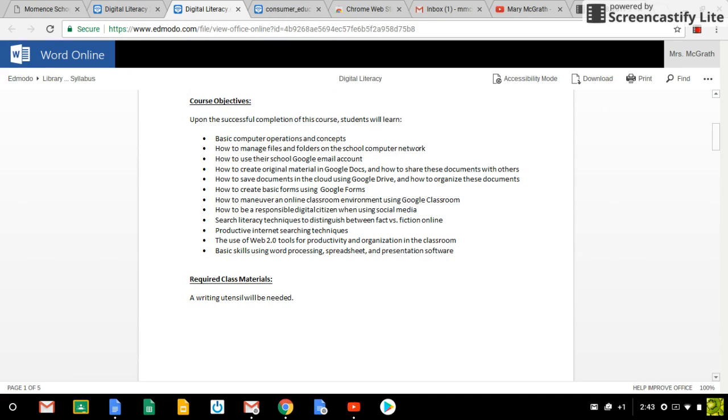Okay, course objectives. Upon the successful completion of this course, students will learn basic computer operations and concepts, how to manage the files and folders on the school computer network, how to use their school Google email account, how to create original material in Google Docs and how to share these documents with others, how to save documents in the cloud using Google Drive and how to organize these documents, how to create basic forms using Google Forms,